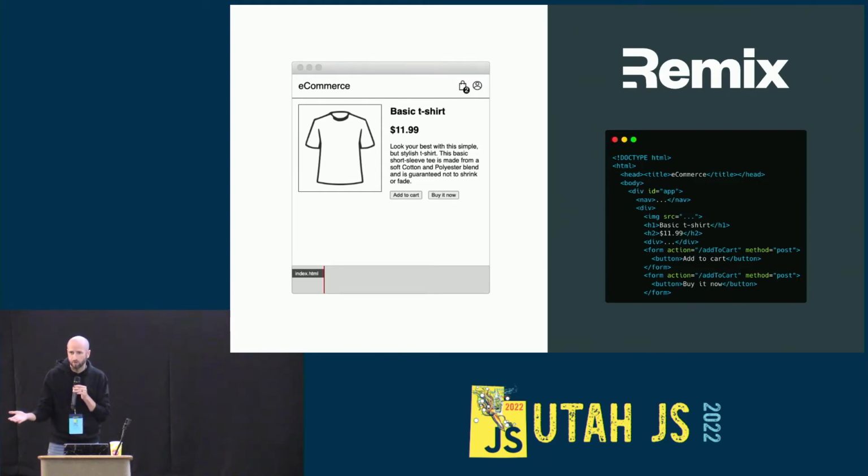It'll just be a full page refresh. And the cool side effect of that as well is this entire application can be built without JavaScript entirely. You can disable JavaScript entirely in the browser and have an actual app that will work and be functional, add to cart, checkout, all that sort of stuff. It will just fall back to just using these vanilla form elements,